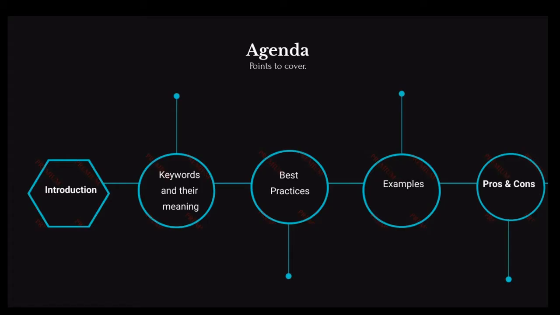So this is our today's agenda. First, we will talk about the inception of Gherkin. Then we will talk about keywords and their meanings, which are used in Gherkin format for writing the test cases in BDD. Afterwards, we will talk about some best practices when we write the test cases in BDD format. Afterwards, we will see a couple of examples. We will also see an example of how to test an API test case, and how we can write the same scenario in UI. Last but not the least, we will talk about pros and cons of the language.